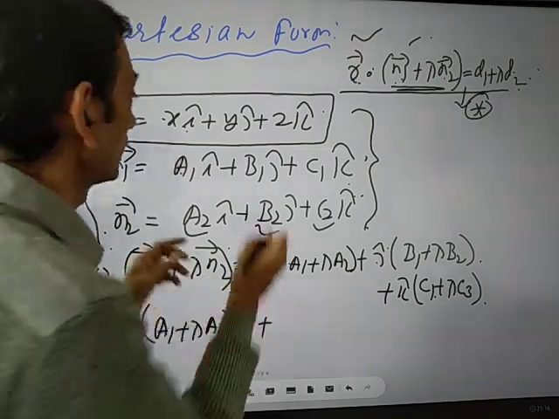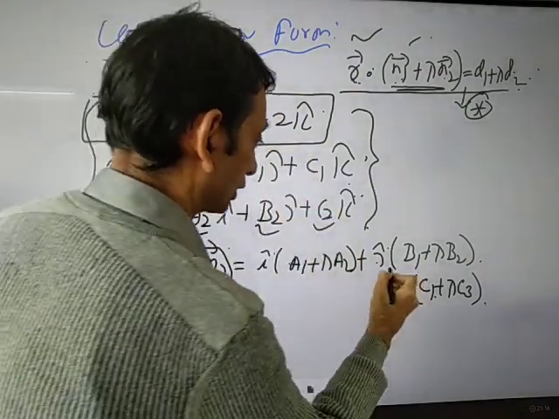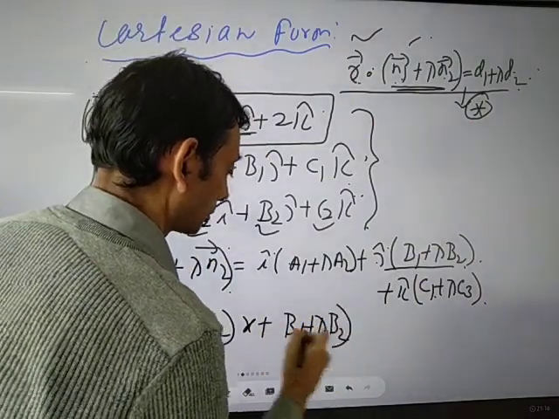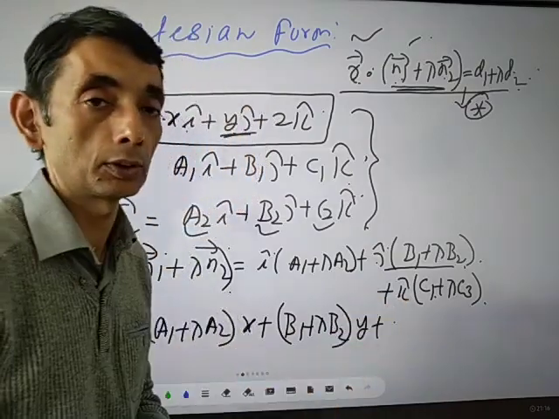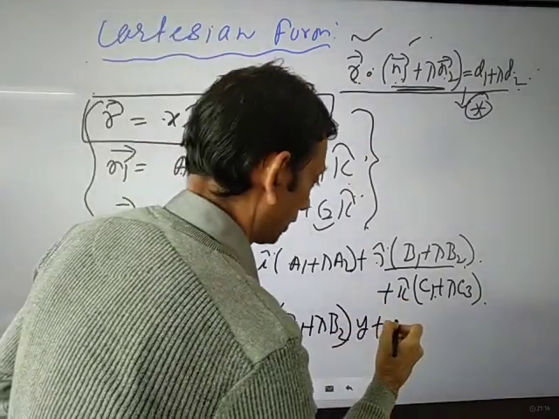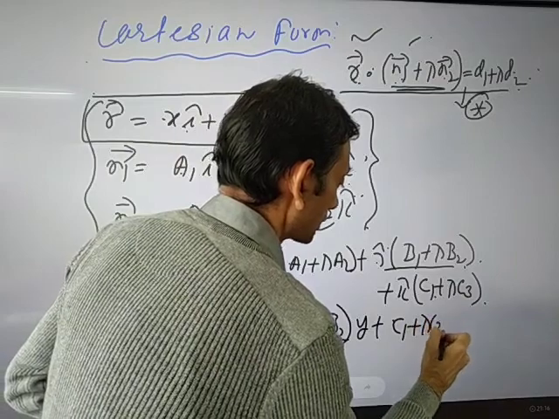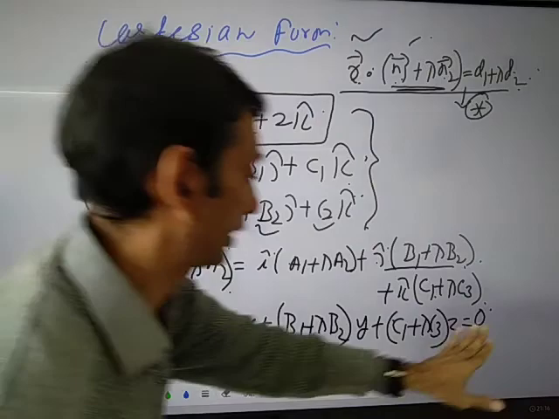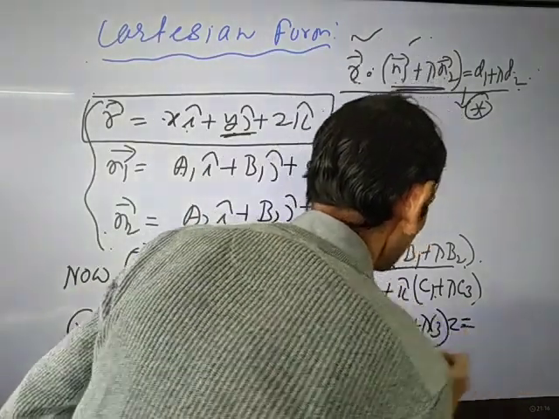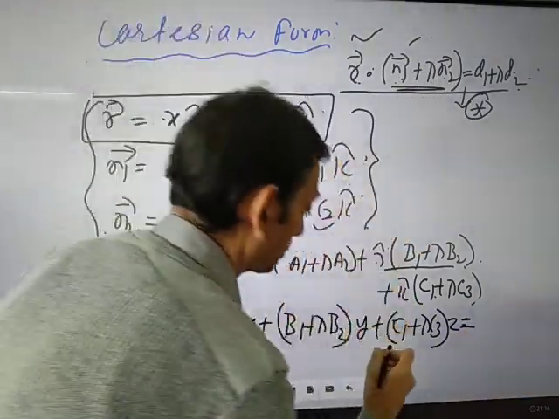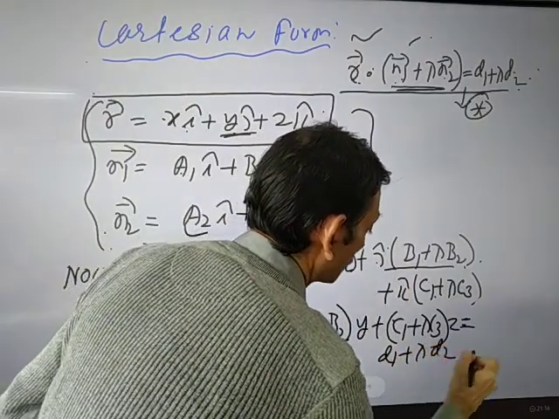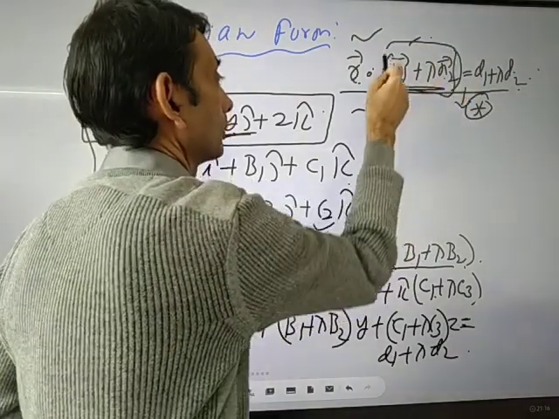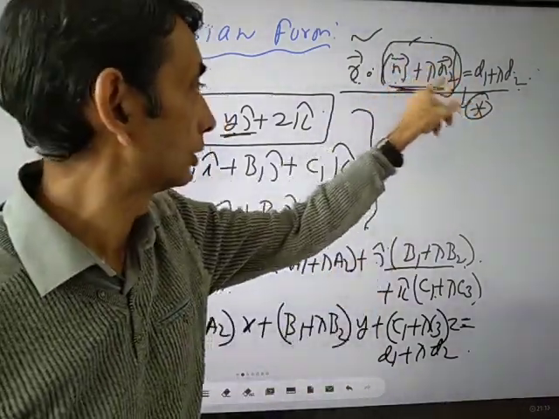What is the next term? Next term, you multiply the second term with the second term, that you will get b1 plus lambda b2 y. And third term will be c1 plus lambda c2 z, and right hand side is not 0, is equal to d1 plus lambda d2. Okay, so we first got the value of vector n1 plus lambda n2, and we know the value of r,